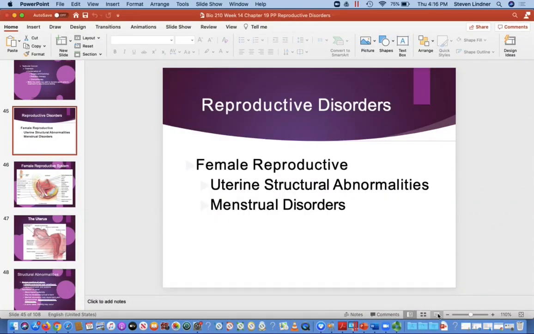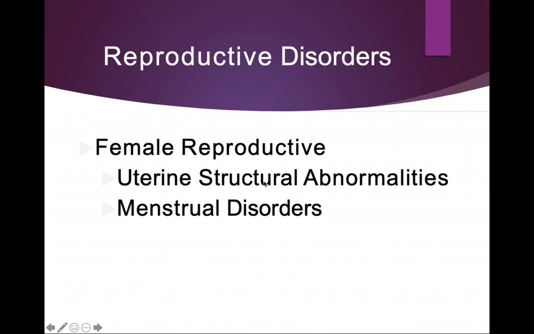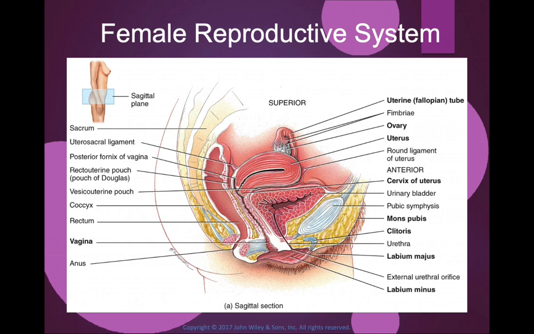Okay, we are going to look at female reproductive, and we're going to start with uterine structural abnormalities and then menstrual disorders. So, if we look at just a quick review of the female reproductive system, let's take a look right at